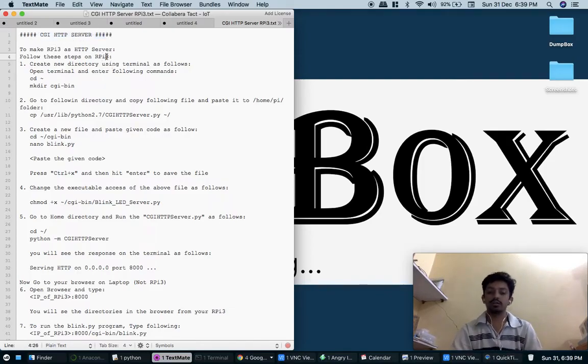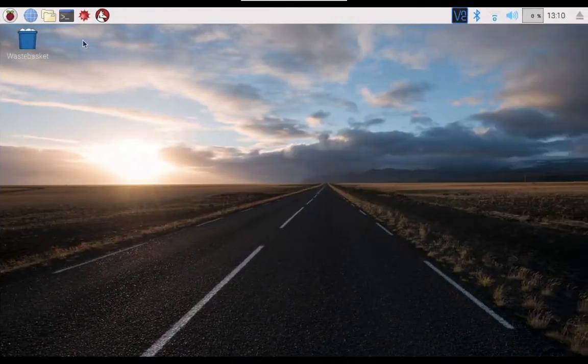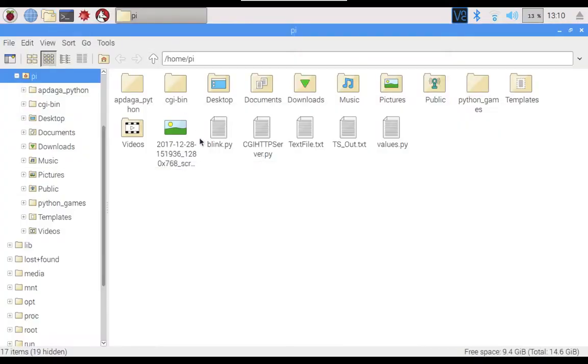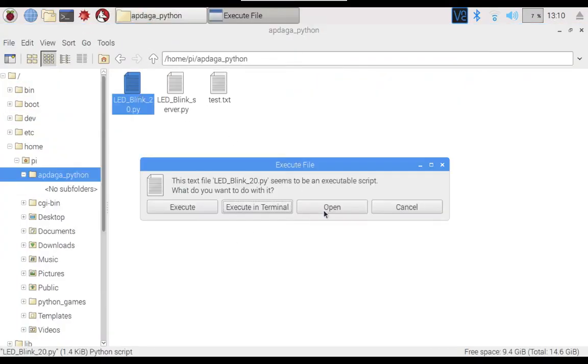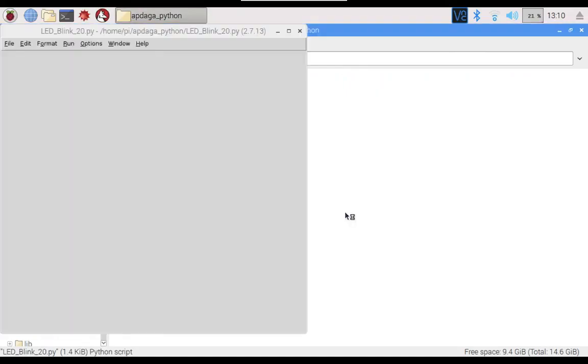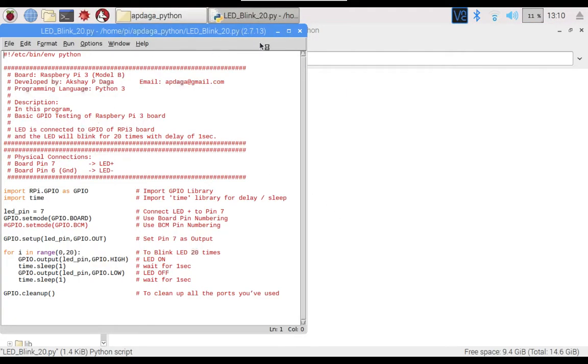In our last video we wrote one Python script to blink an LED, and we ran it on Raspberry Pi 3 only. You can see this is the desktop of Pi 3, and here we have written one code, blink LED. We opened it here and ran it using the terminal or some other IDE.